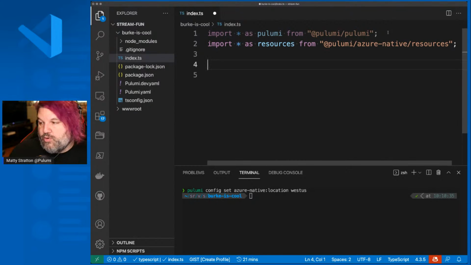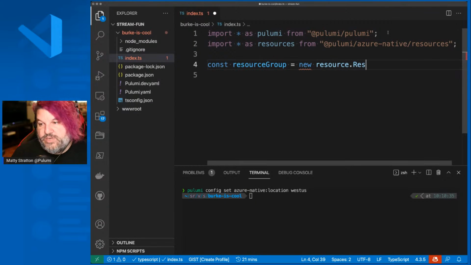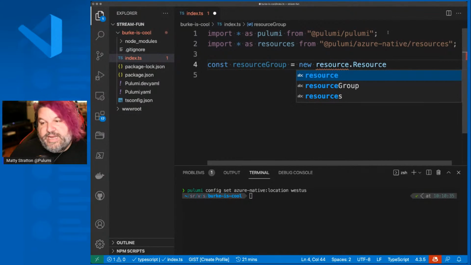Now we're going to want to create a resource group. And because we're in TypeScript, we're going to create a constant called resource group, and it's a new resource group. There's no Pulumi integration that I'm doing here in Visual Studio Code.